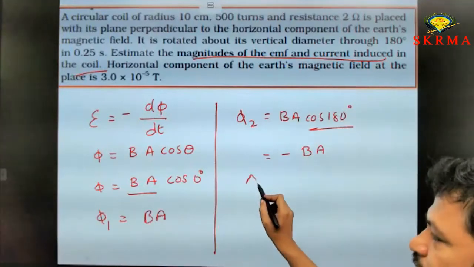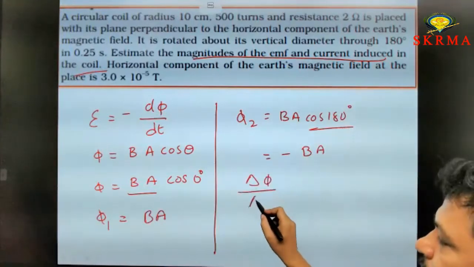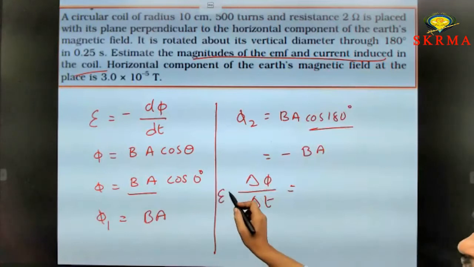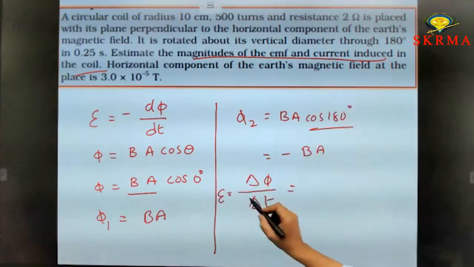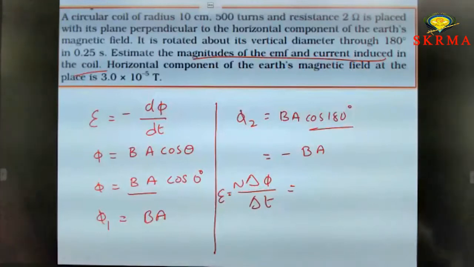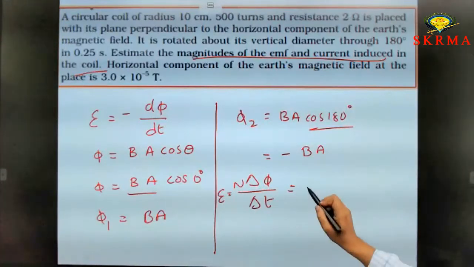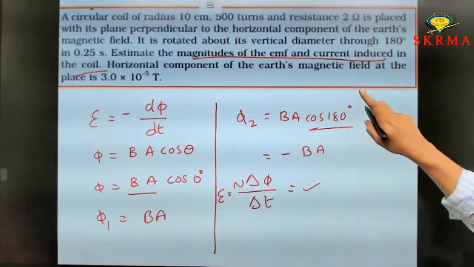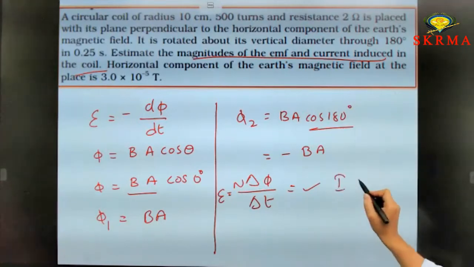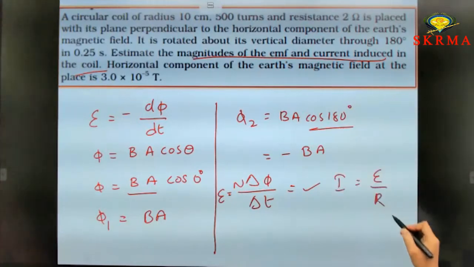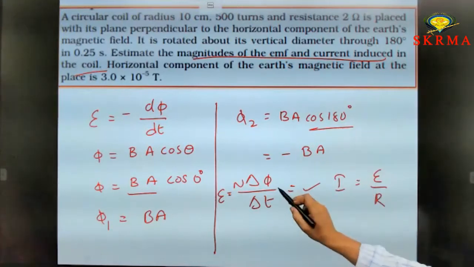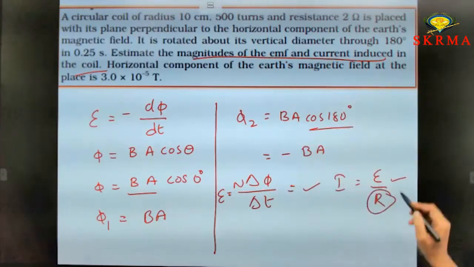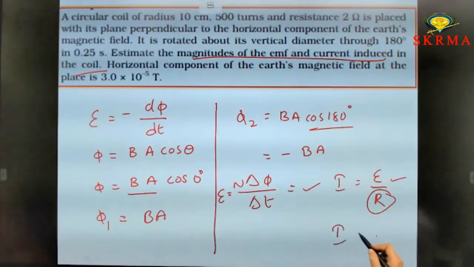You can calculate delta phi by delta t. The induced EMF is E equals d phi by dt. Remember, if the coil contains 500 turns, the equation is n times delta phi by delta t. You can calculate the E value, and then obviously you can calculate the current value. I equals what is the equation? V by R here, E by R. Ohm's law, just Ohm's law. You can calculate E and R is given. The R value is 2 ohms. Then obviously you can calculate the I value.